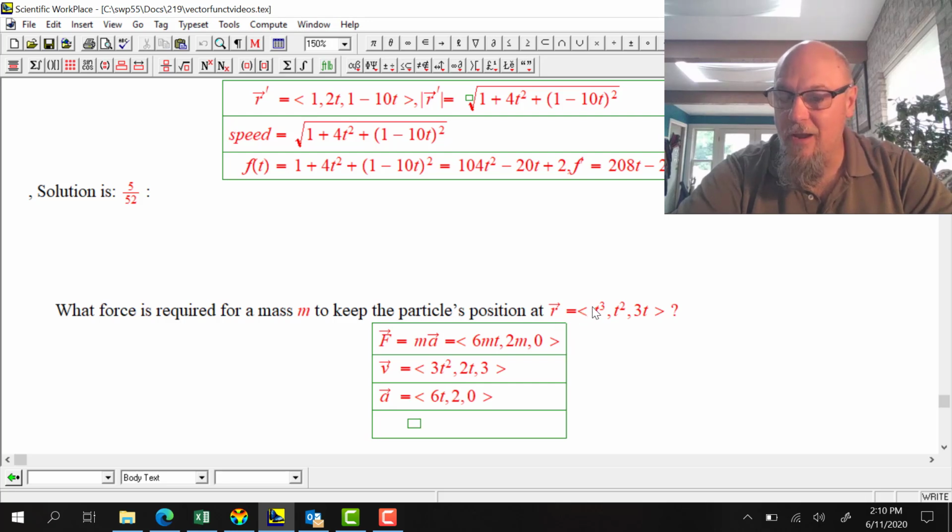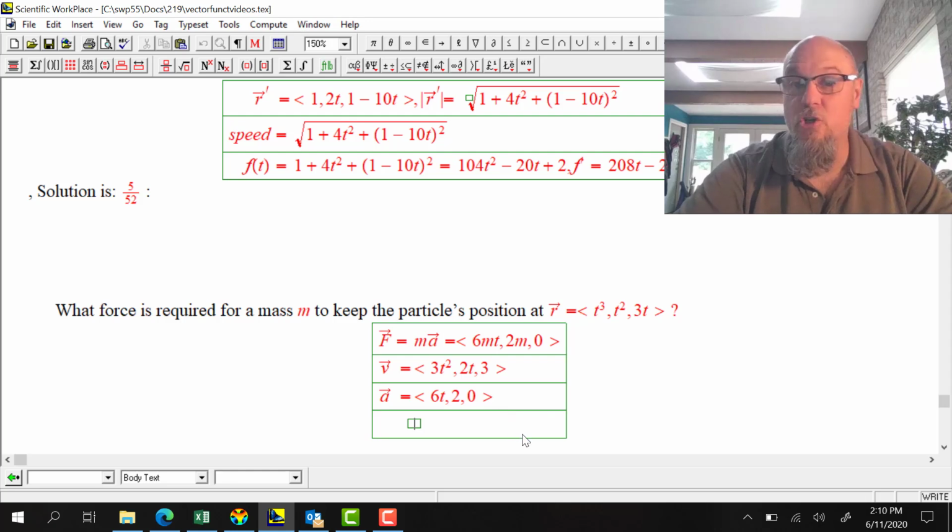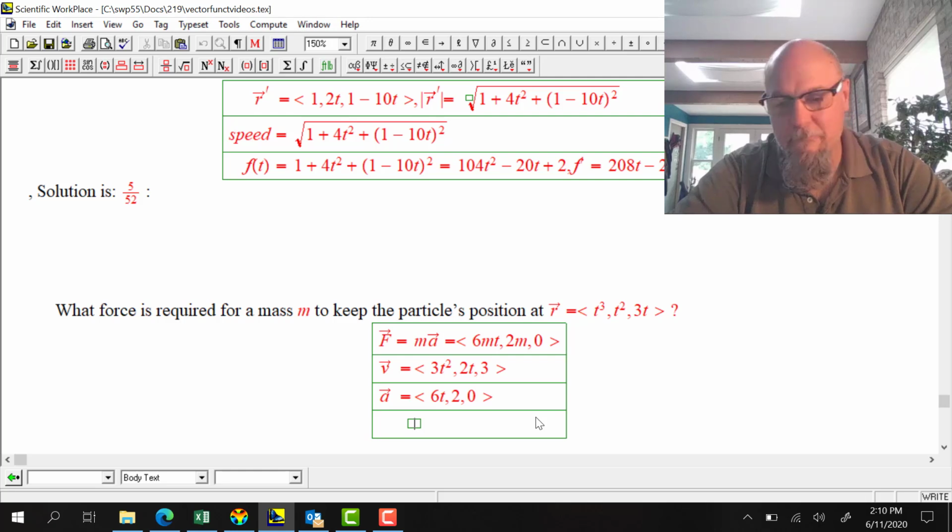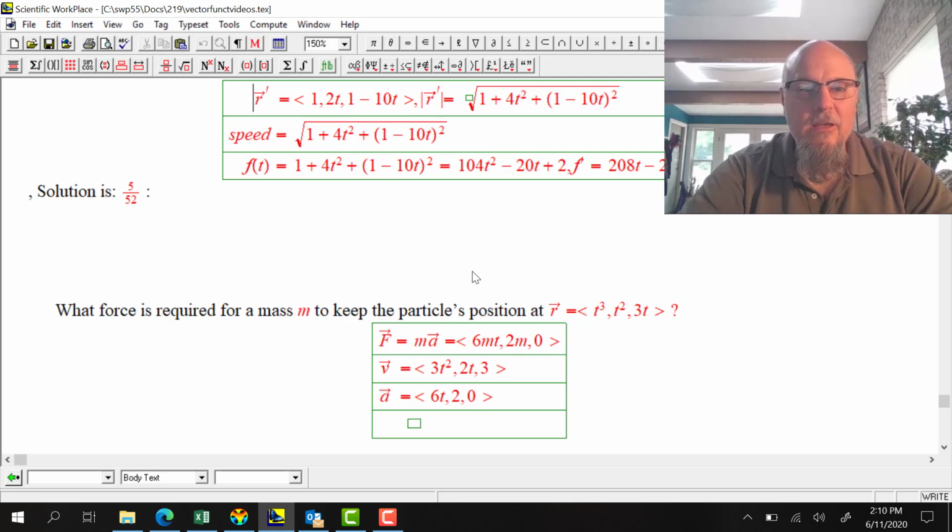Now, in the x direction, the velocity is a function of t squared. The acceleration is ever increasing. So I could take a prime and not get a 0 vector. The a prime is 6, 0, 0. That would be the jerk vector from physics. Anyway, this whole section is just basically summed up